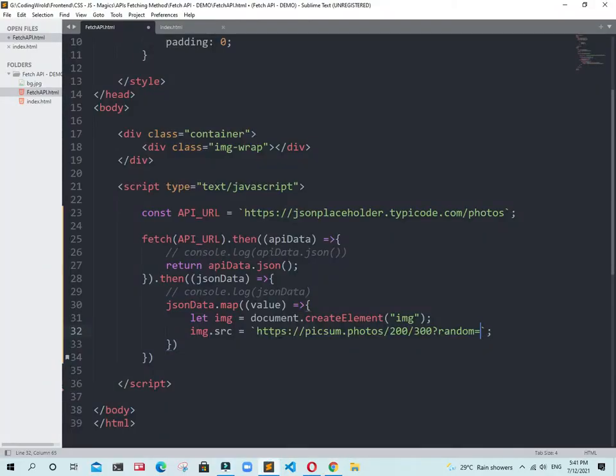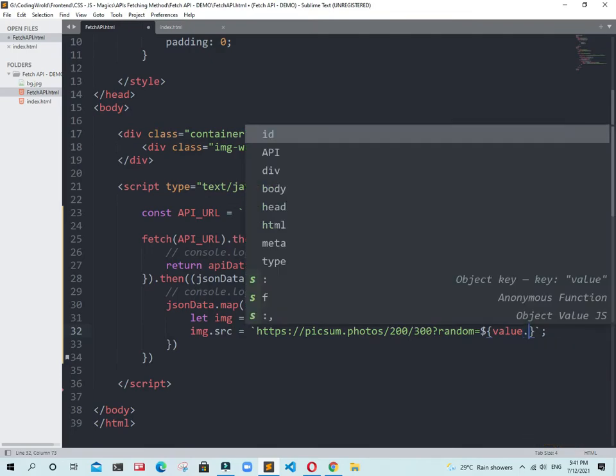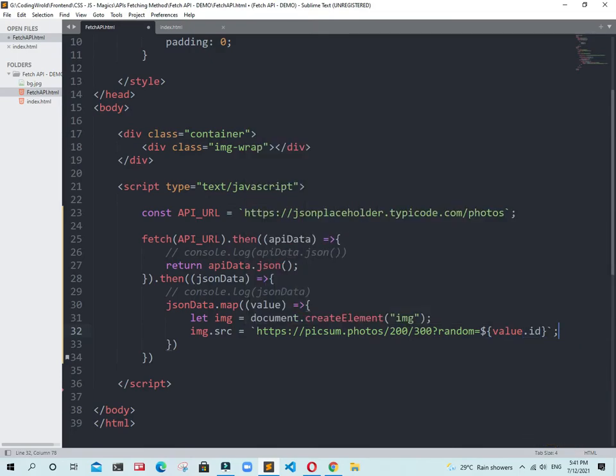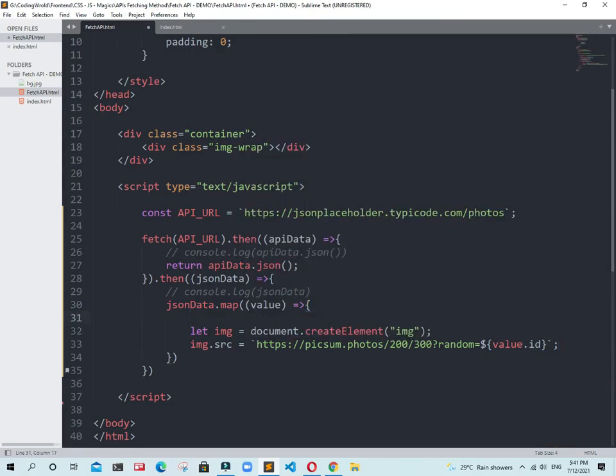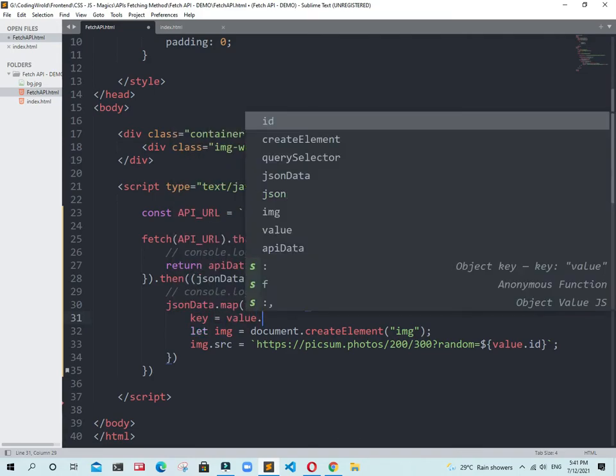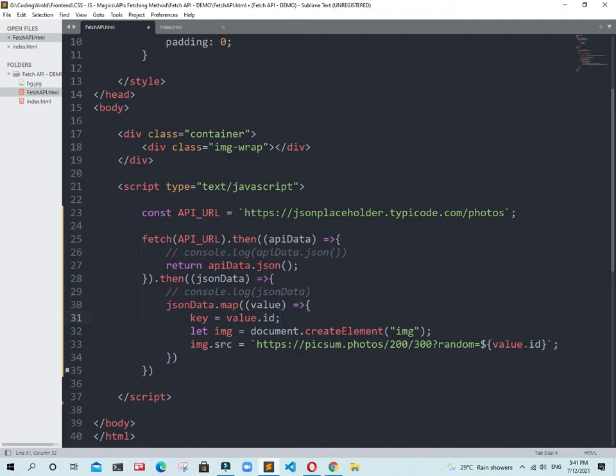We need to write just in ECMAScript syntax. I am going to set this value.id, and we need to store this ID as a key. Now, this value.id we are storing there as a key. So what we are going to do, we need to just